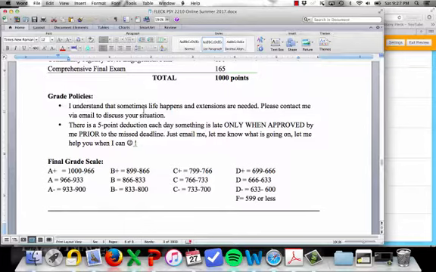Grading policies here. If something's happening in your life, email me. Let's talk. There is a 5-point deduction when things are late, only when approved by me prior to the deadline. And that's really only applicable for the paper and the proposal, because for the other things, you have those free drops, right?